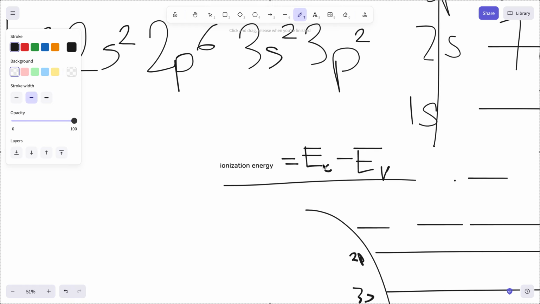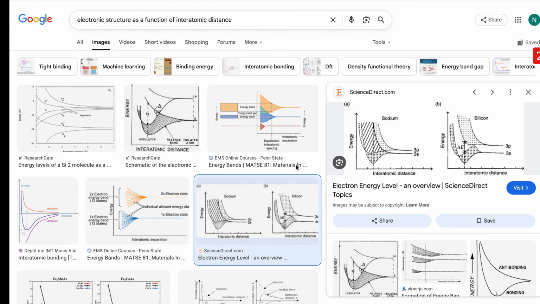Or sorry, not conduction band. The energy of the electron in a vacuum minus the energy it has in the valence shell. So now when